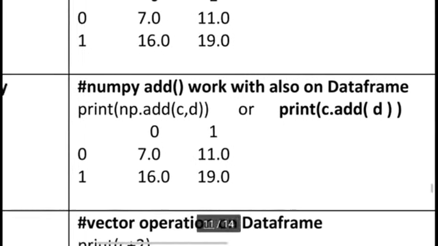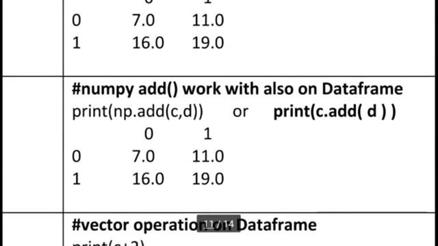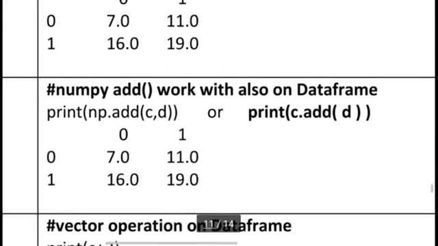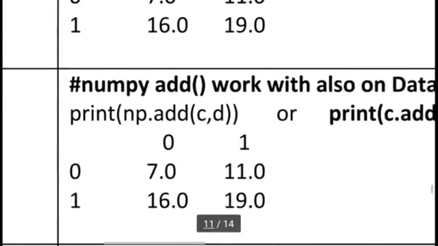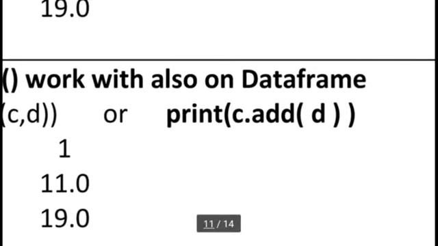We can also write the same equation as print C.add(D), as in the data frame reference. This equation, C.add(D), we use in our data frame, and we never use it in numpy operations.